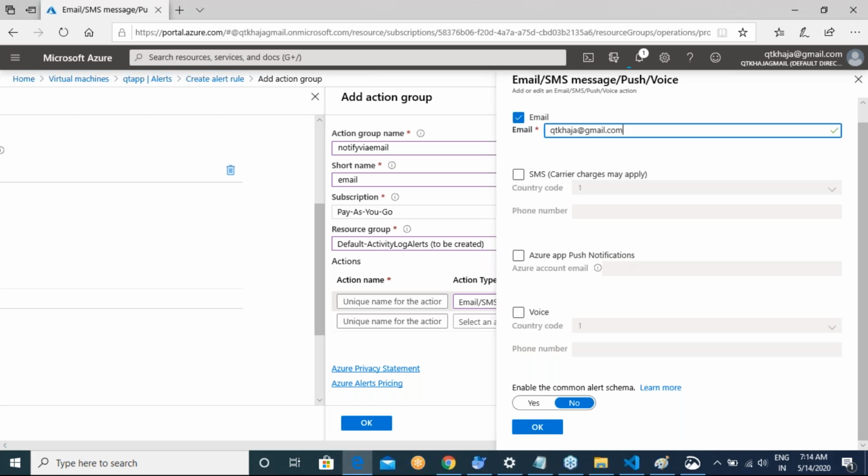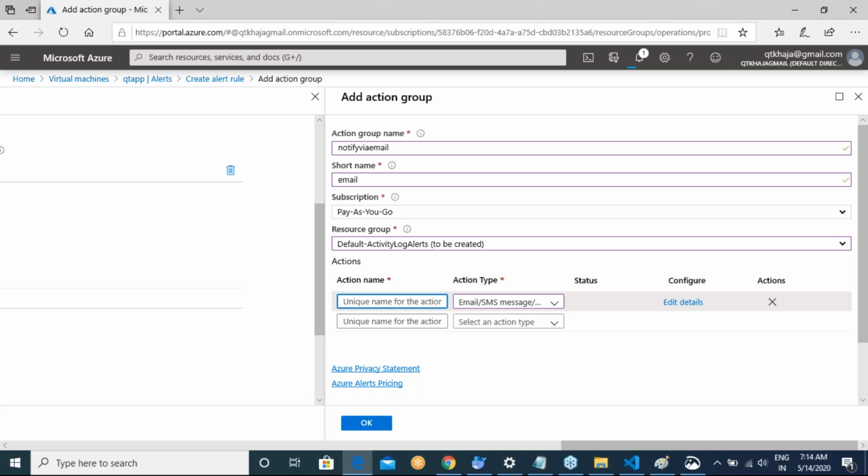When a friend request comes in on Facebook, or someone sends you a text on WhatsApp, you get that alert, right? That notification is called a push notification. So if your application has that kind of capability, you can create a push notification also. Now let me click on OK. Then it is asking what your action's name is. My action's name is my mail. All right, let me click on OK.